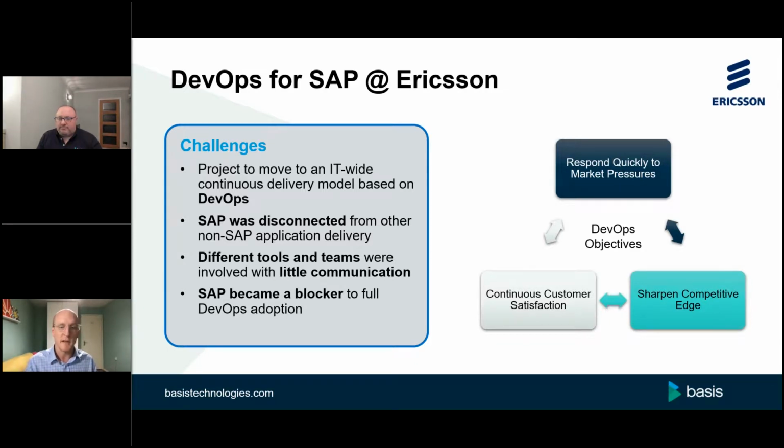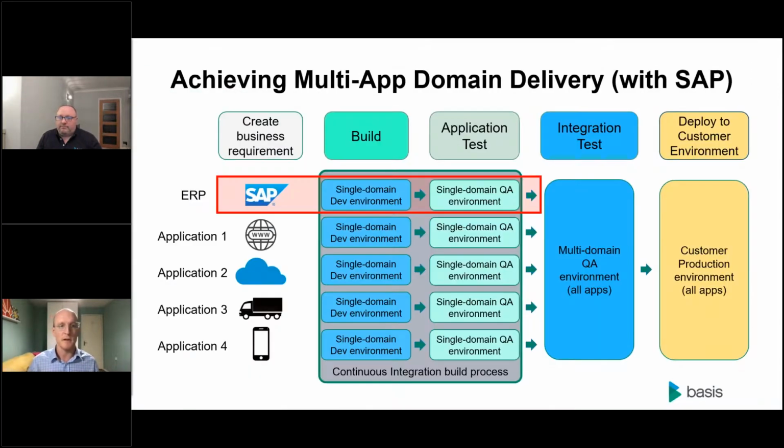So if we just move on to that next slide, we've got a little visual illustration of what they were trying to achieve at Ericsson, which was to have these automated, what they called single domain, single application development and delivery processes, until they get to a point where they're confident in the quality and the state of the code in each of those different applications. And then they wanted to bring it together to do what they call multi-domain testing, integrated testing,